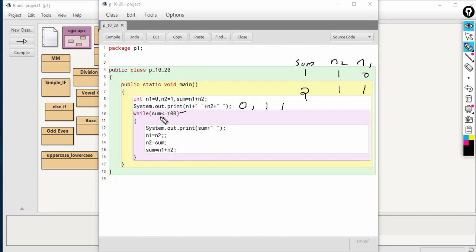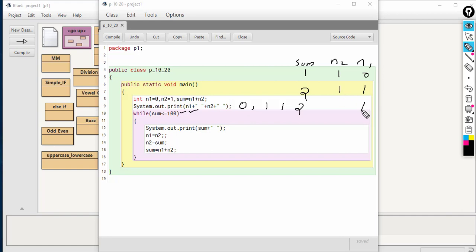Again iterating. The value of sum will be 2 now. That 2 is less than 100, so that condition is true. Then executing the loop the second time, printing the current value of sum, which is 2. Then changing values again. The value of n2 will be copied to n1. What is the value of n2? Which is 1.